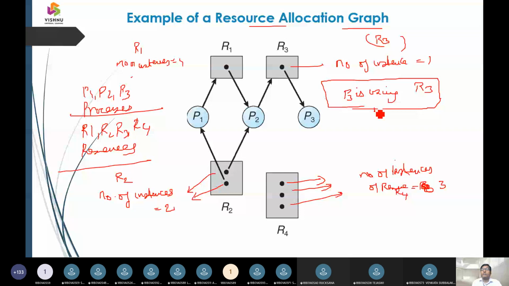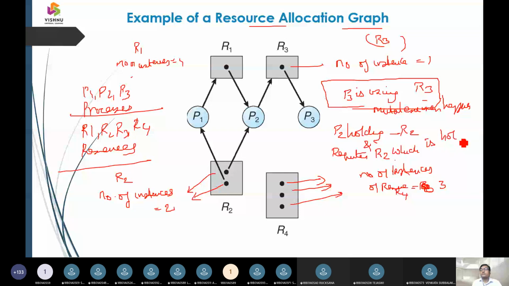Similarly, P2 is holding a resource and requesting R2, which is held by process P3.